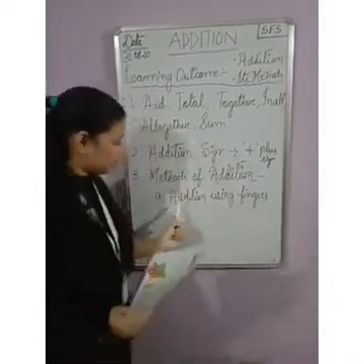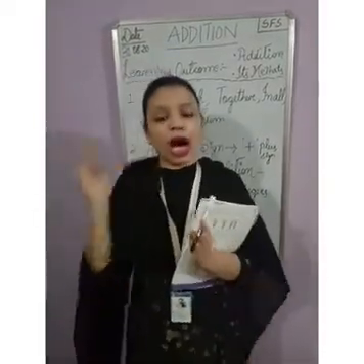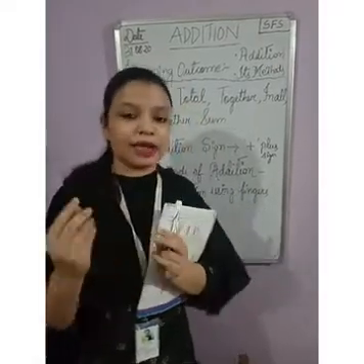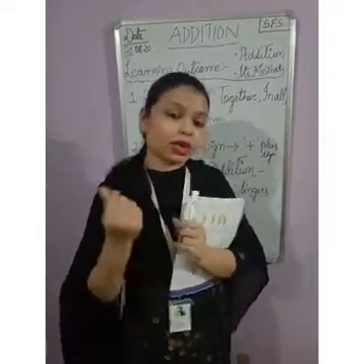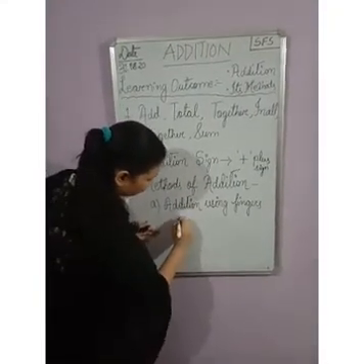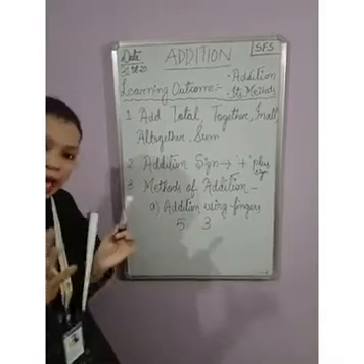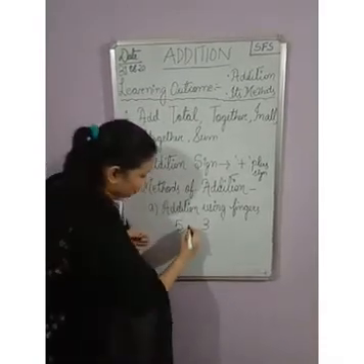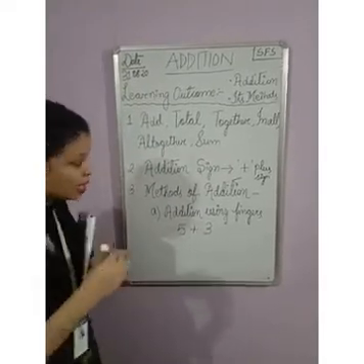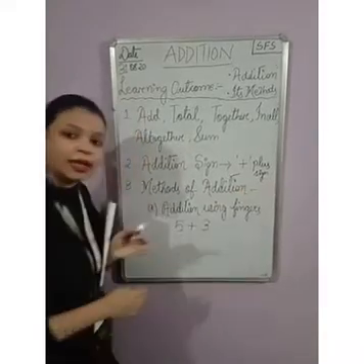The first method is addition using fingers. I already told you how to add using your fingers. You have 10 fingers on your hands and you have to count the number of objects or the numerals. Suppose I have the numbers 5 and 3, and with 5 and 3 I have to add them. So the sign for 5 and 3 is the plus sign.